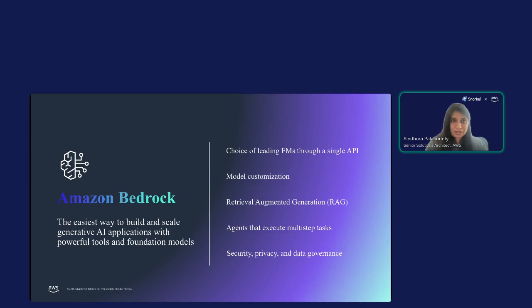So, Amazon Bedrock is, first of all, a fully managed service that makes it easy for you to get started with building your own generative AI applications. Bedrock offers a choice of high performing leading foundation models. We'll go through the list of foundation models in the next slide, along with a broad set of capabilities for simplifying the development of your generative AI applications. So you can now easily experiment with a variety of top foundation models, customizing them privately with your own data using techniques such as fine tuning or continued pre-training. You can also leverage retrieval augmented generation with the help of Bedrock knowledge bases by connecting with your company's